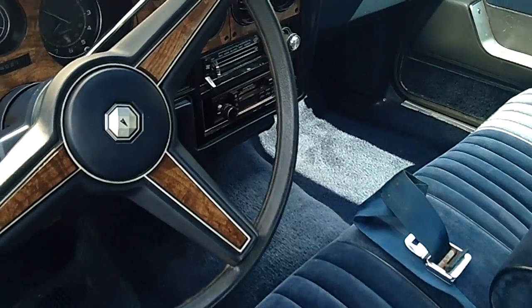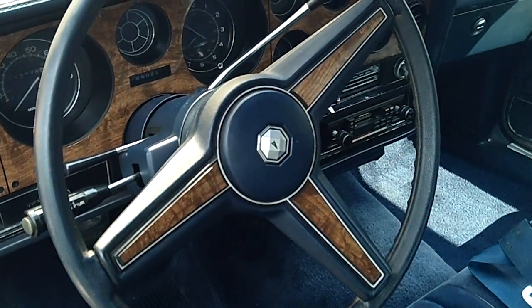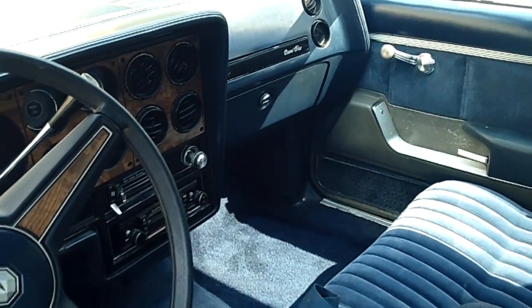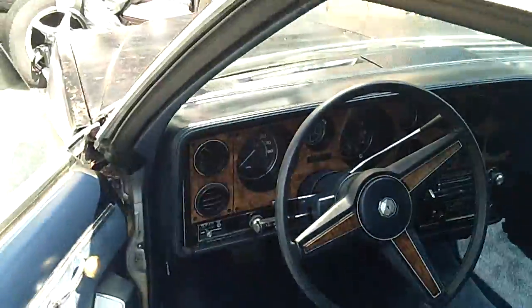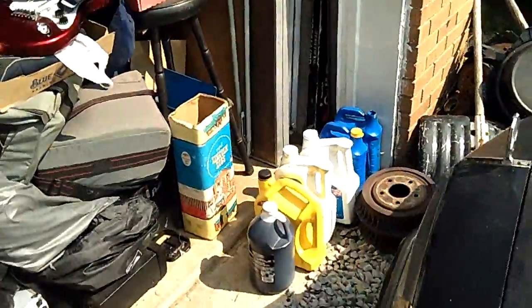Forget the mileage, 127,783 is the mileage on it. And like I said, it hasn't been driven since '97 when the engine blew. And I don't know, I'm assuming the intakes went on. It has the 231, which from what I understand is related to what they consider the 3.8 liter. So